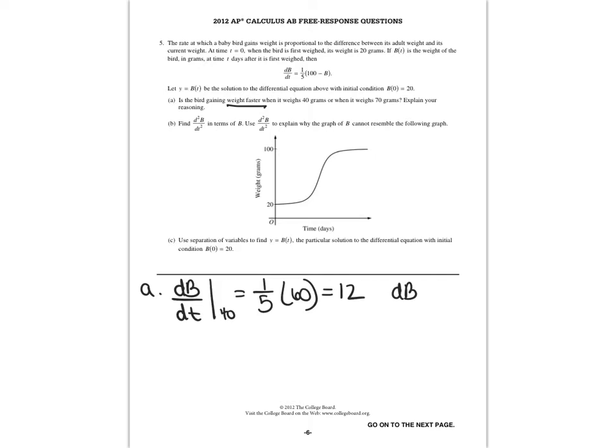And then when it weighs 70, when we plug that in, it's gaining at a rate of 6 grams per day. So since 12 is greater than 6,